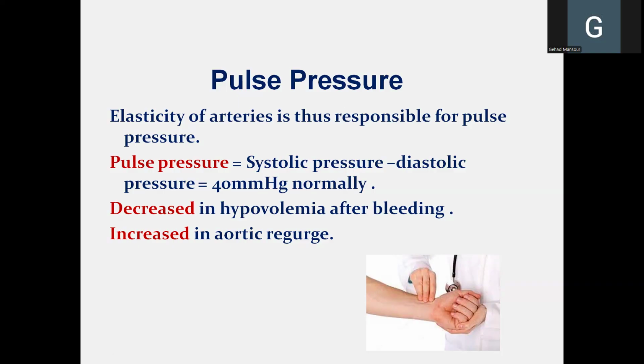Since we have a systolic blood pressure that is normally around 120 millimeters mercury, and a diastolic pressure that is normally around 80 millimeters mercury, there is a difference between the two. Is this difference important? Yes, it is this difference that makes you feel the radial pulse here. If the blood was circulating during the whole cardiac cycle, systole and diastole, at the same pressure, you wouldn't feel